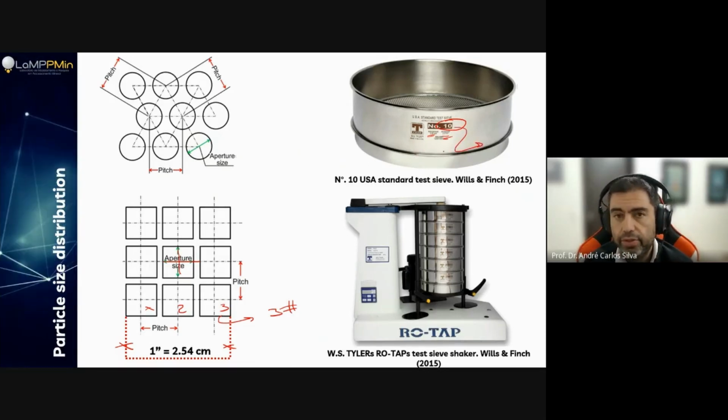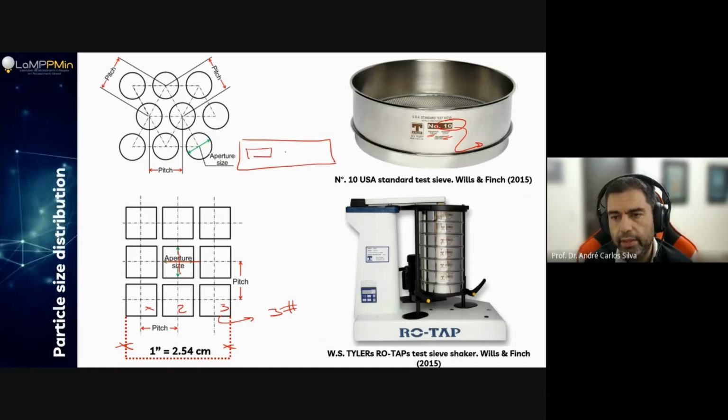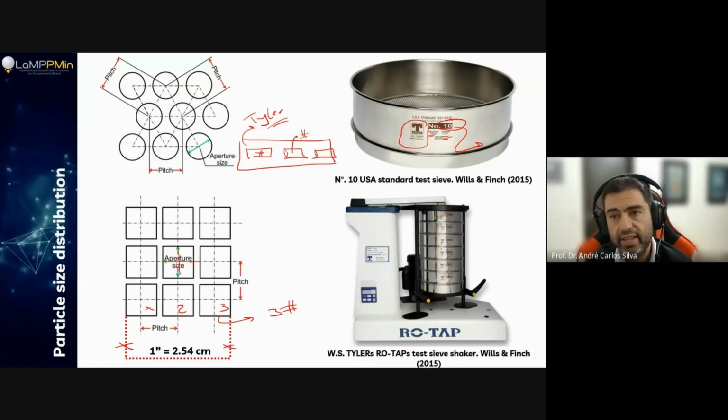And in Brazil, you're going to take a look at your sieve and you're going to see a label like this. On this label, you're going to see three numbers, here, here, and here. This first one would be mesh. This other one would also be mesh, but this one would be a Tyler mesh. And what is Tyler? It's this series coming from here, Tyler. It's a USA company. So you have this number automatically written in here. And in here, we have a different mesh number, coming from ABNT,